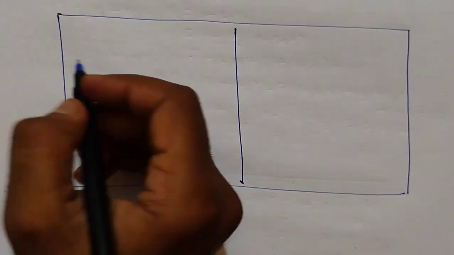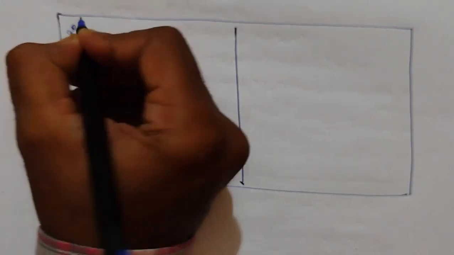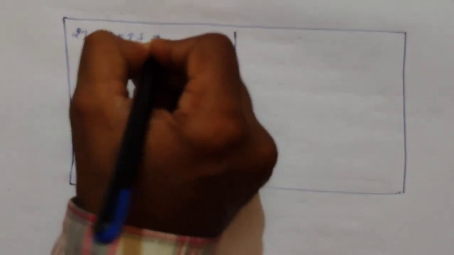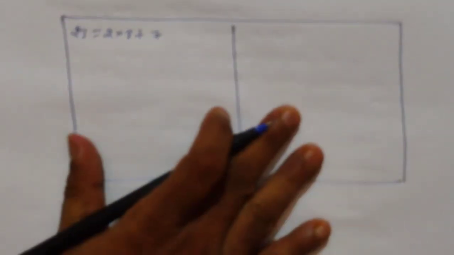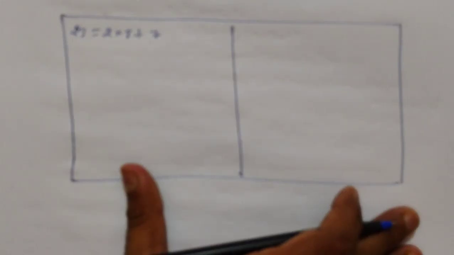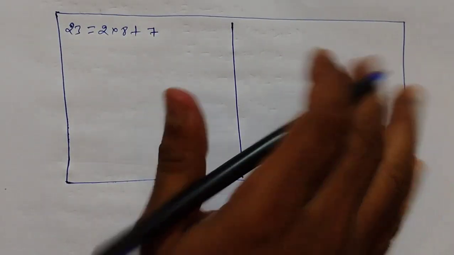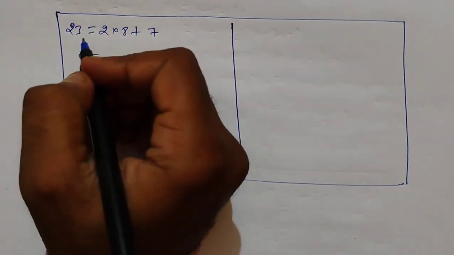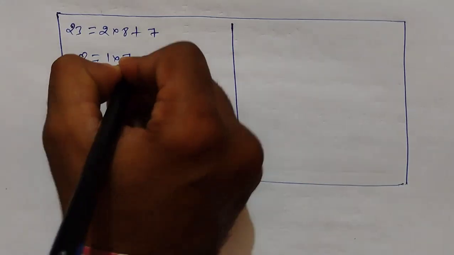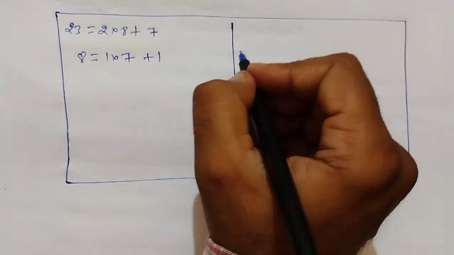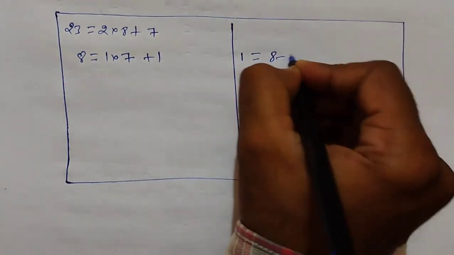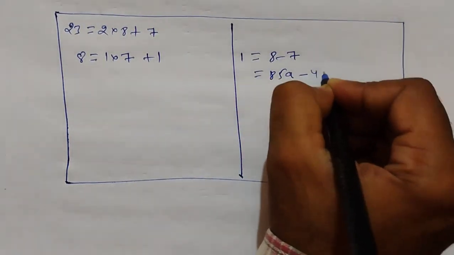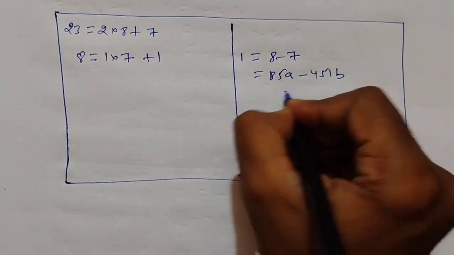Again for 23 we can write finally 23 is equal to 2 into 8 plus 7, and now for 8 is equal to 1 into 7 plus 1, and this is 1 is equal to 8 minus 7. This is equal to 85a minus 451b minus of minus